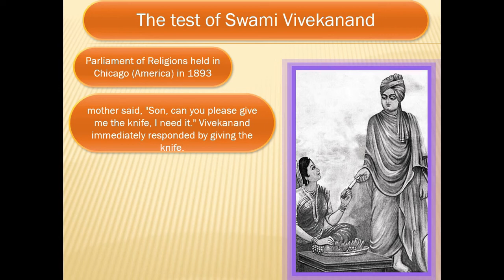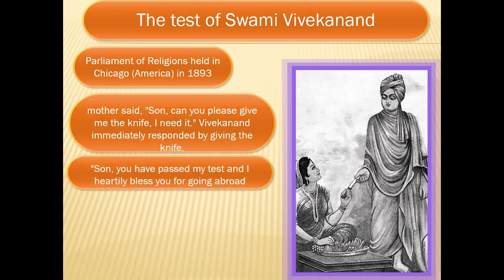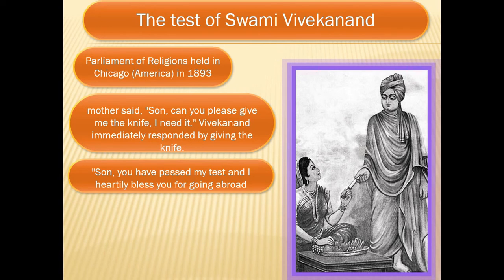Vivekanand ji immediately responded by giving her the knife. Then she said, "Now, son, you have passed my test and I heartily bless you for going abroad." That means the mother tells him that he has passed his test and is heartily blessed for going abroad.